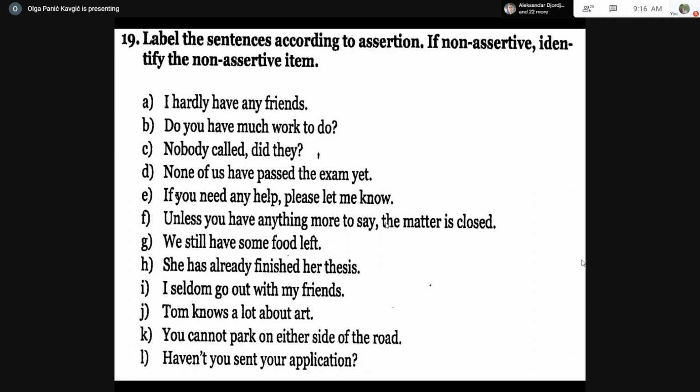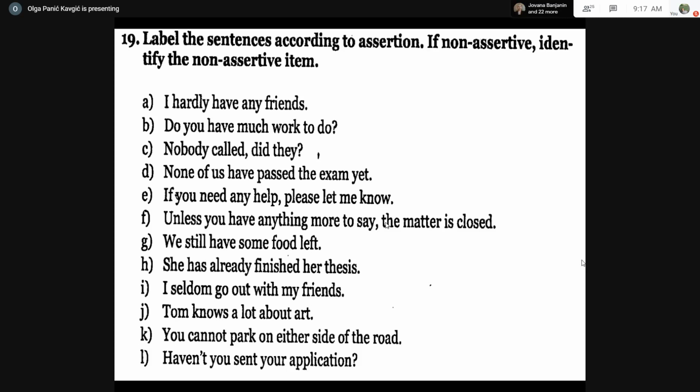I would just like to draw your attention to another interesting fact here. We haven't mentioned it so far: as soon as you see a conditional structure, a conditional clause, znači ono što zovemo uslovna rečenica, if you need any help, should you need any help, the next one as well you will see. In all these cases, it is non-assertion, because the very fact that you are leaving an option for something to be or not to be the case points to the fact that you have non-assertion. So as soon as you see if, you don't really need to circle it. It's not necessary. But if is also a kind of indicator of non-assertion.